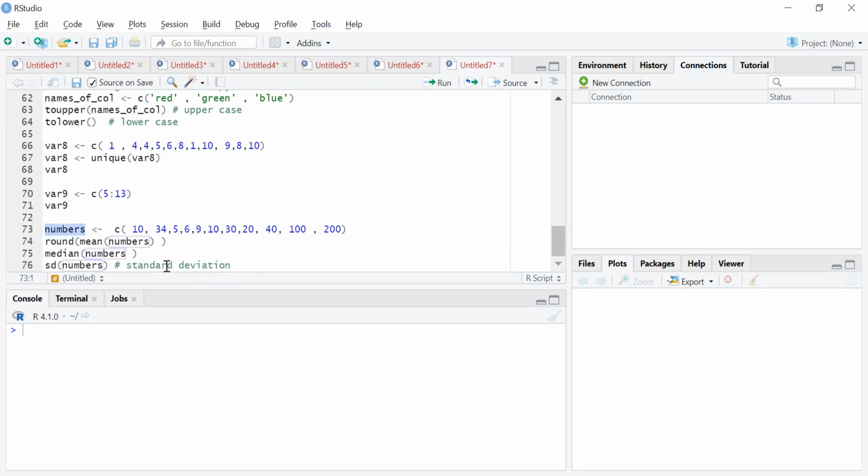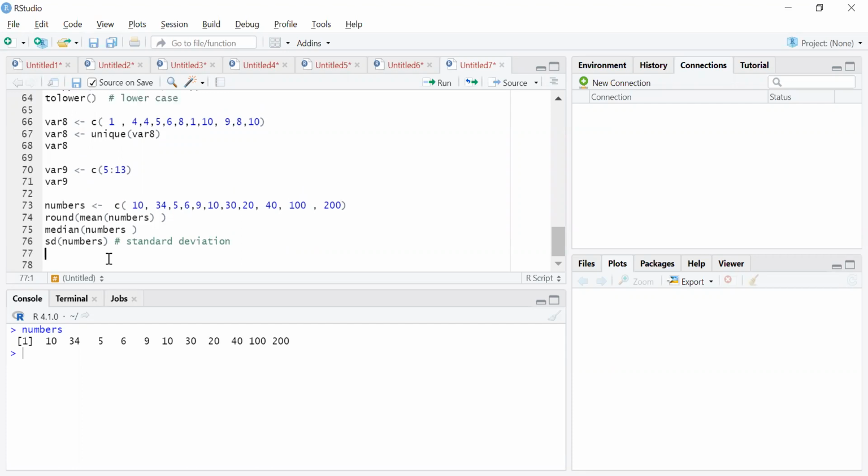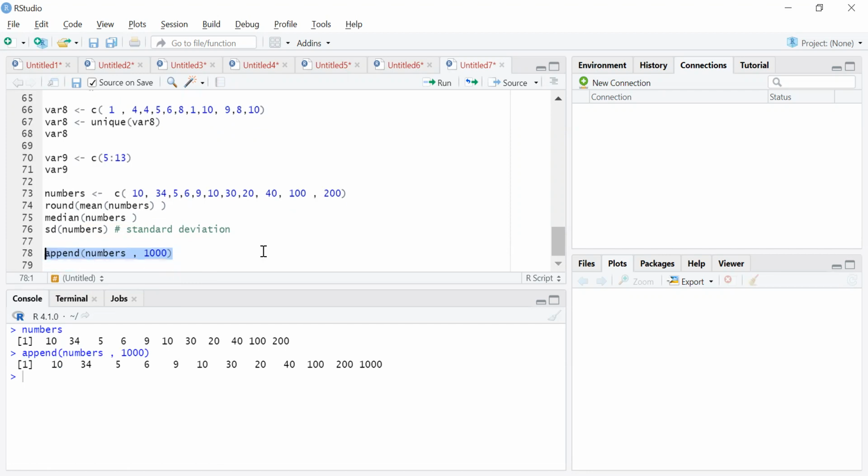ओके, सो ये नंबर्स में क्या क्या चीजें हैं? इट इज समथिंग लाइक दिस। ओके, नाउ सपोज करो आई वांट टू एंटर वन मोर एलिमेंट इन दिस थिंग, तो कैसे कर सकते हैं? अपेंड, सो से अपेंड नंबर्स, कौन सा नंबर डालना है? लेट मी से मेरा मन है 1000, तो क्या लगता है 1000 अपेंड हो गया? अगर तुम देखोगे तो वो नहीं हुआ है,